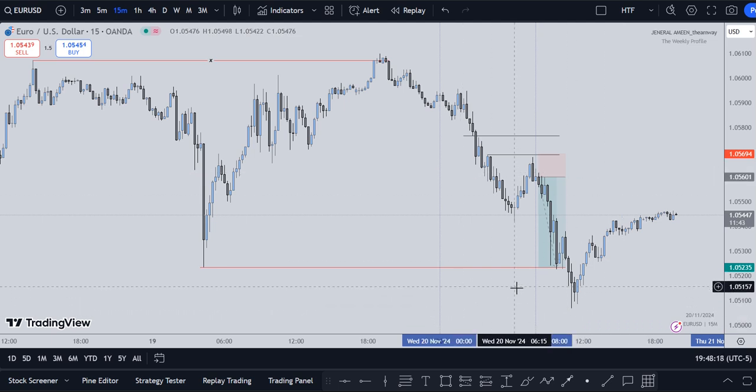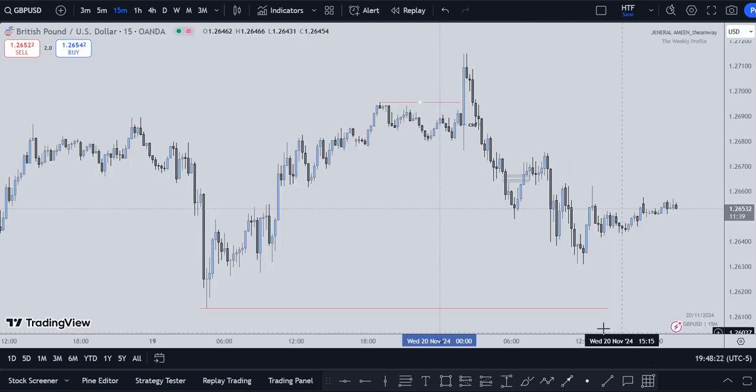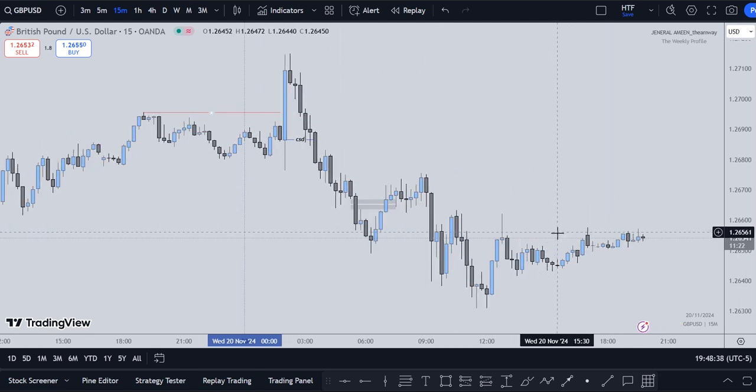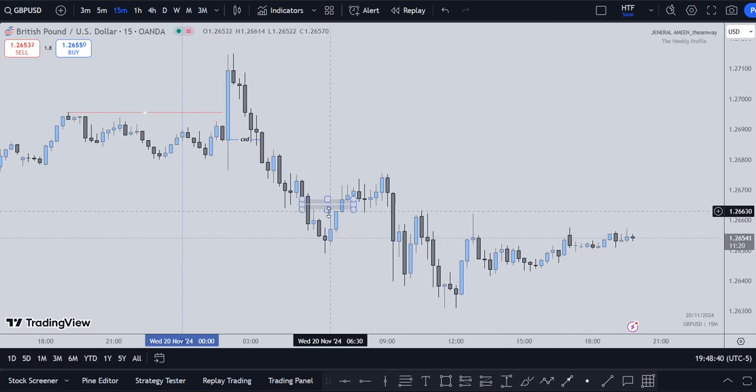Now, whilst all of this was happening, I was still expecting the cable to also repeat the same. So, as you can see, I have the previous day's low here marked out, but that didn't happen. It looks to me like the cable is very heavy, so I didn't actually catch it. Let me just take the time to explain. This was where during New York I was expecting my trade to start forming if I was going to trade